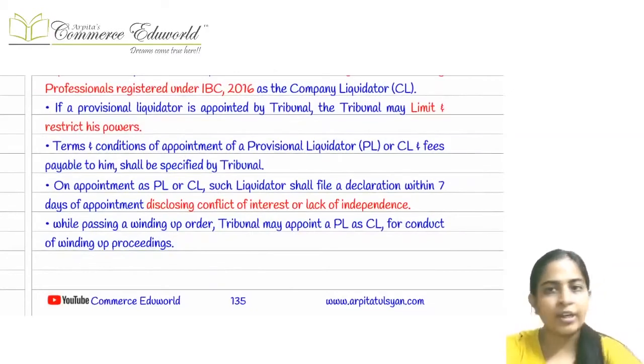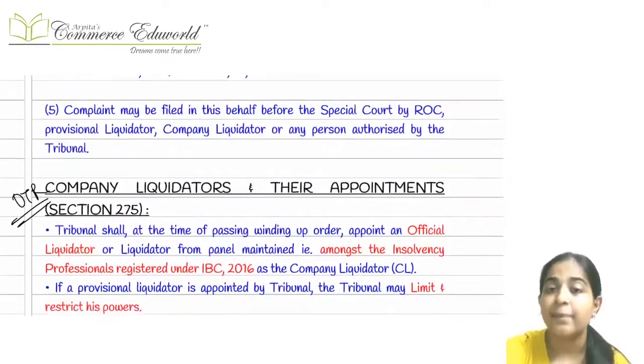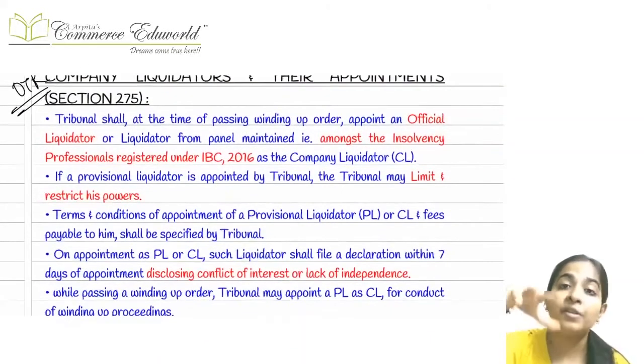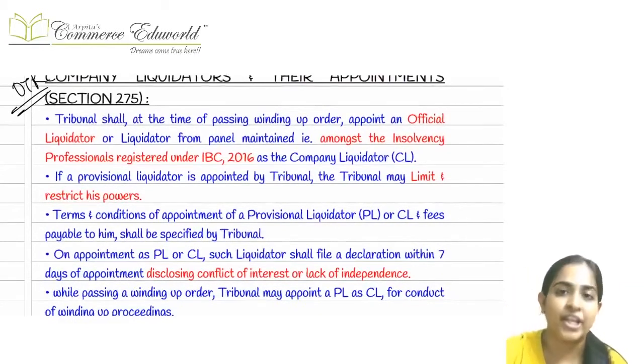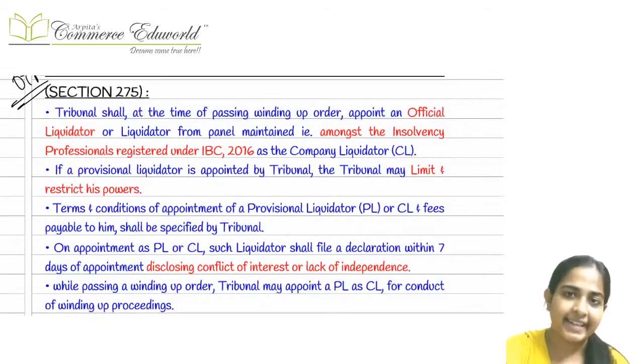Okay, so basically we appoint a liquidator. This person should be an independent person. He should have proper knowledge about this particular industry's liquidation. Right, say for example, if you are doing the liquidation of a company which is in the telecom sector, then that person should have adequate knowledge about that particular sector.